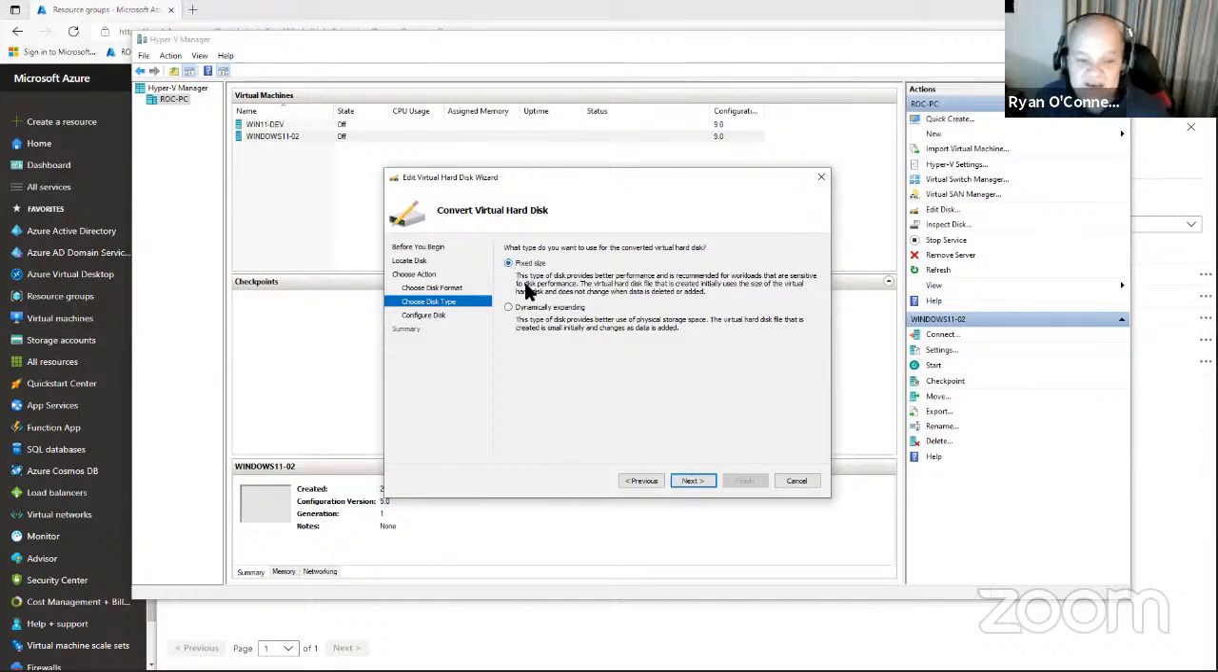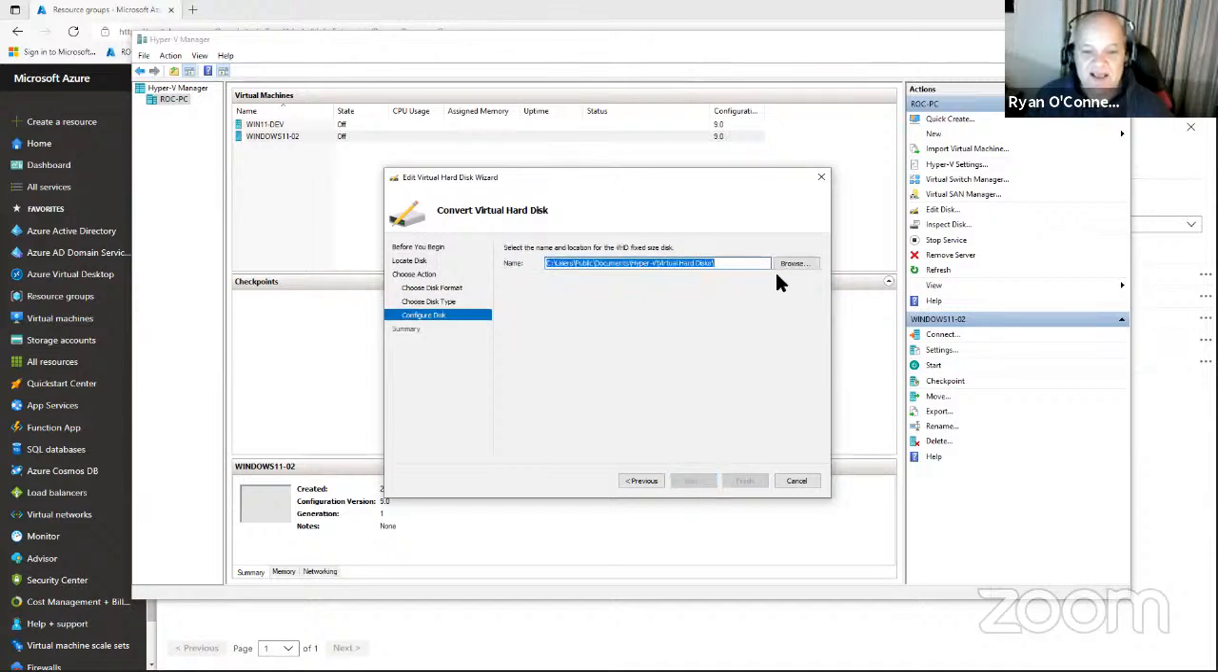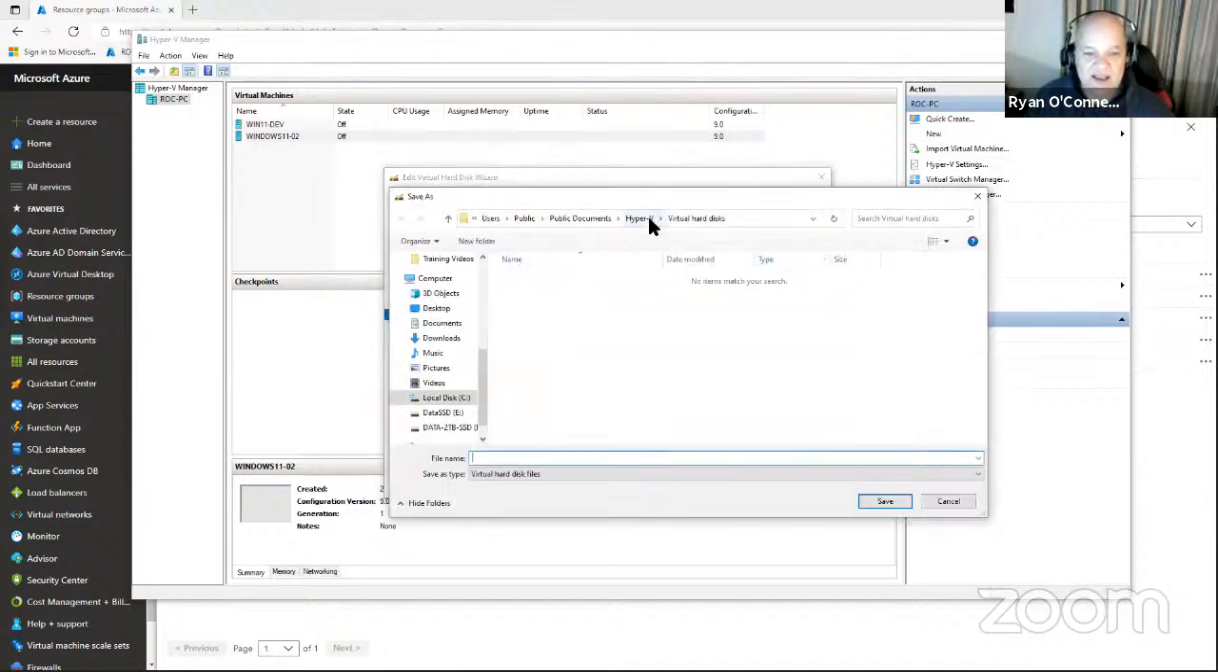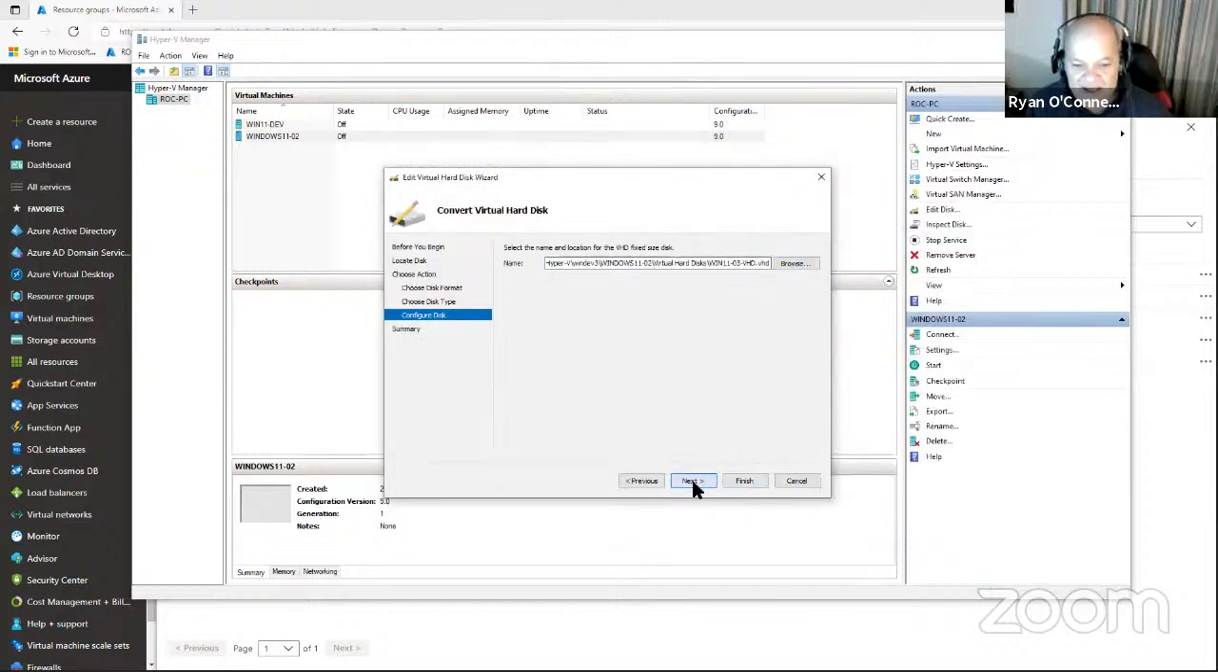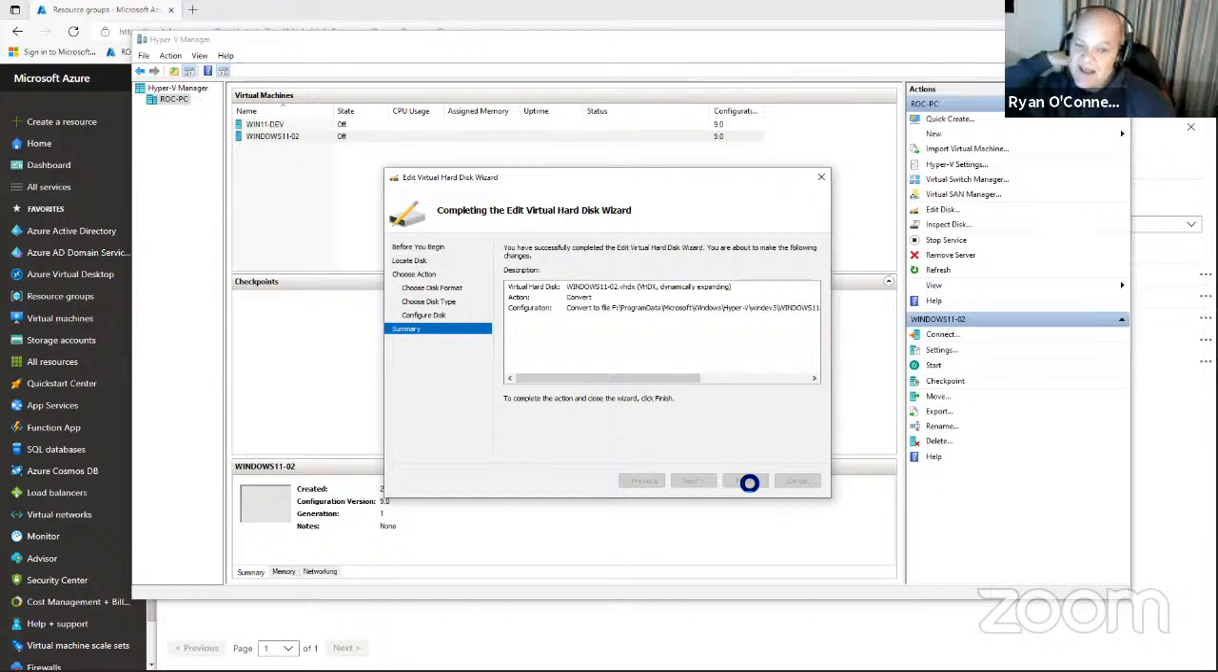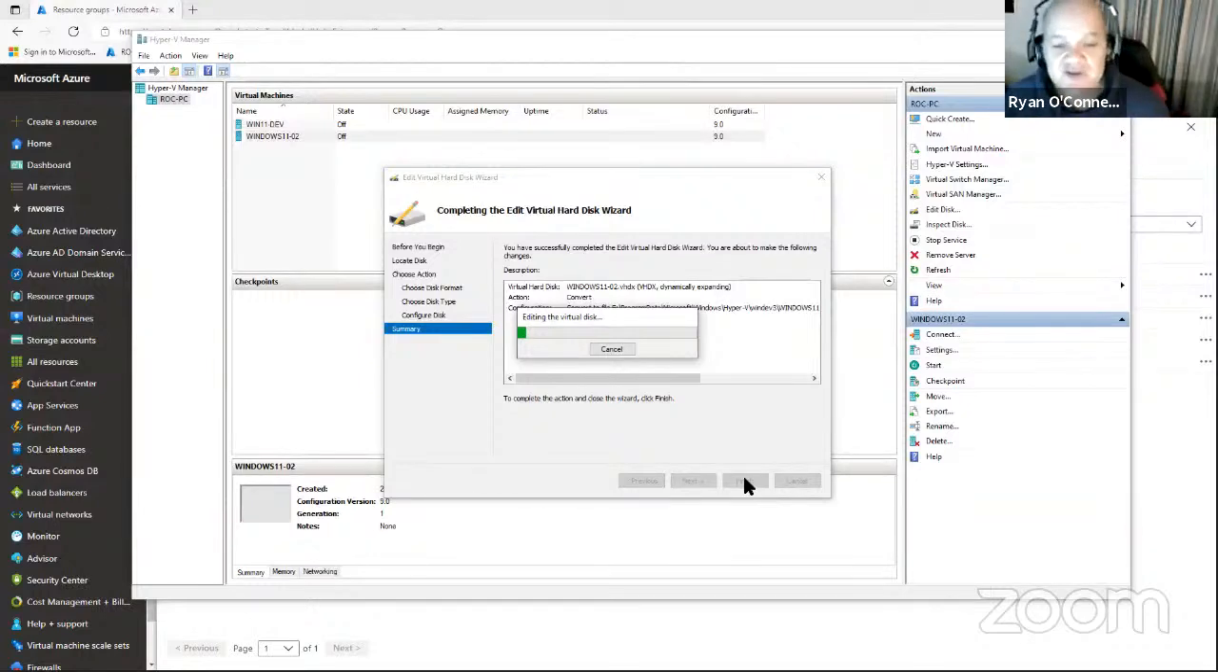Obviously, you want to make sure it's fixed sized. You can always change the size once you deploy it into Azure. So we go next, and of course you choose a location. In my case, I can go back into my drive. I like to keep everything in the same place, but you can save it at your desktop. You can save it wherever you feel like saving it. I go into my virtual disks, and I'll call this, say, Win11-03-VHD. And I say save and next and finish. Now, what it's going to do, it's going to convert that disk for me automatically